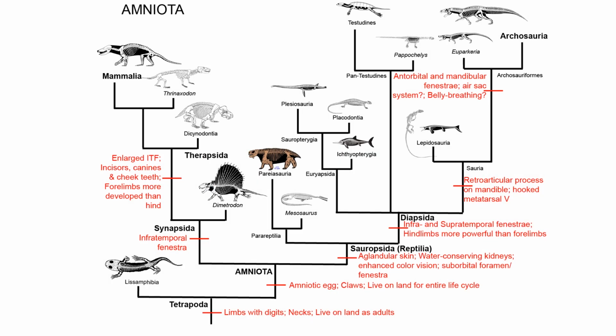Here is a phylogeny of amniotes, including both stem groups and crown groups. Remember, crown groups are still living today. Stem groups are the ones that are extinct. So a eutherian, like yourself and I, we're a crown group, whereas a dinosaur would be an extinct stem group. And I'll be honest, these phylogenies are being overturned, changed, modified every single year. So as our knowledge continues to grow, we revise these relationships all the time.